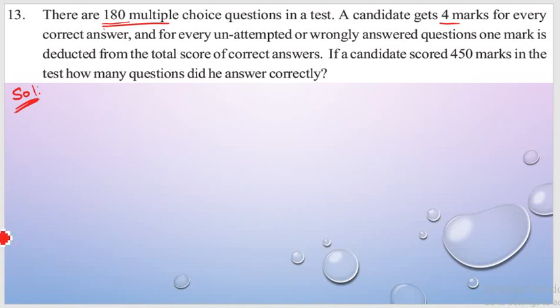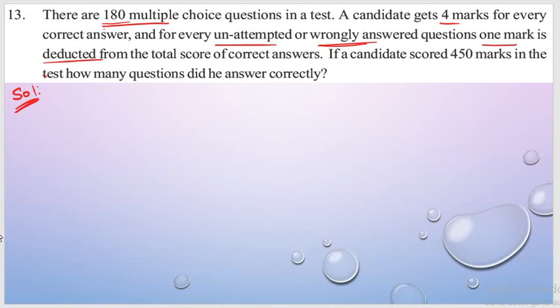Next, for every unattempted question or wrongly answered question, if he leaves any question, then he won't get a mark, and if he writes wrongly also he will have 1 mark deduction. So 1 mark deduction means he will get a negative mark, right? So if you don't attempt or if you write it wrongly, in both cases he will have a deduction